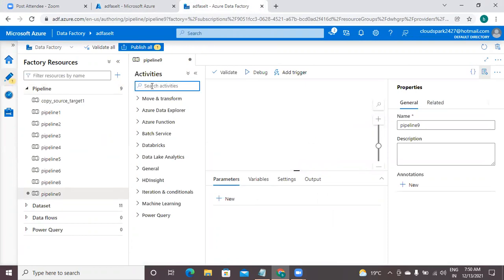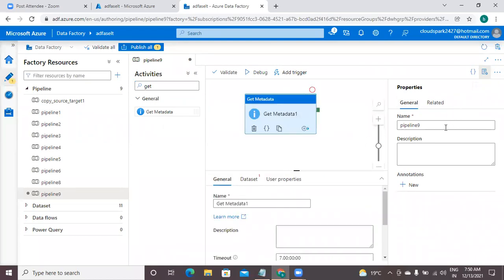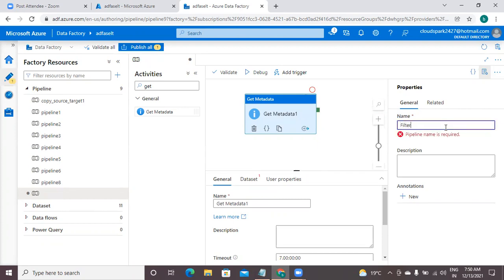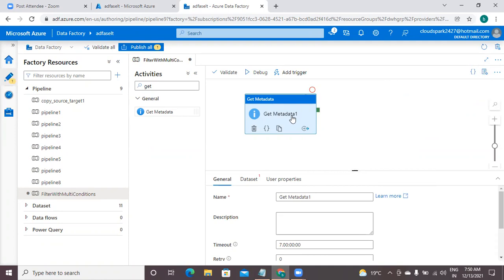As usual, first I am taking the Get Metadata activity. The pipeline name I am giving is filter with multi conditions. Please tell me the configurations for this.